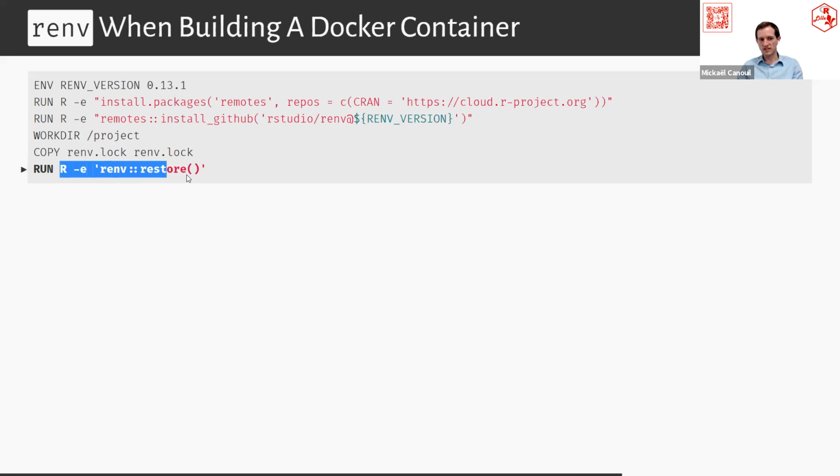And you can just execute this command within a Docker file to install all the recorded versions from that file. So it's a nice feature because now it's easier to list a lot of packages with different versions and to install those quite easily.